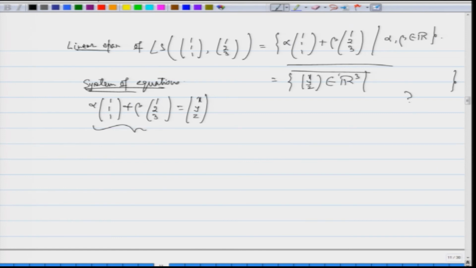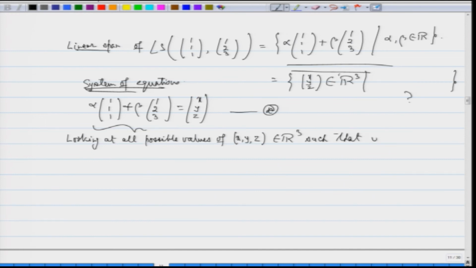So let us go back to the system of equations and try to understand this. What it tells me is that I want to generate, so looking at all possible values of (x,y,z) belonging to R3 such that, all right, such that (*) has a solution. Why am I saying has a solution? Basically because we are